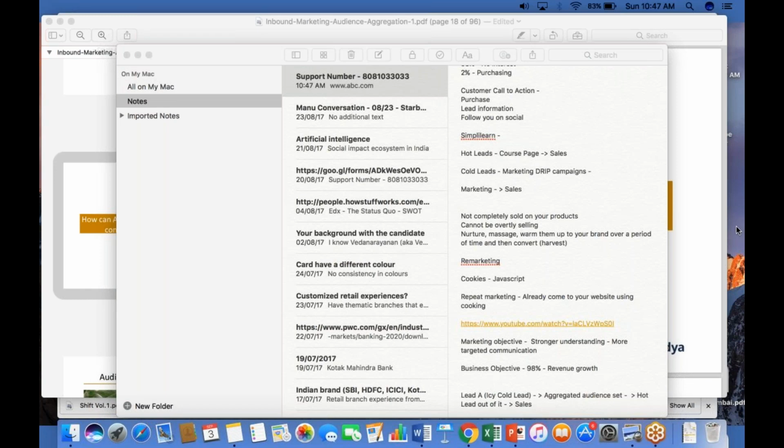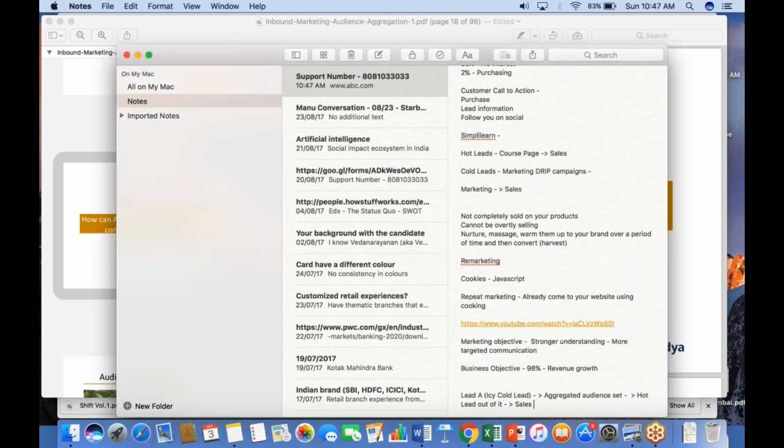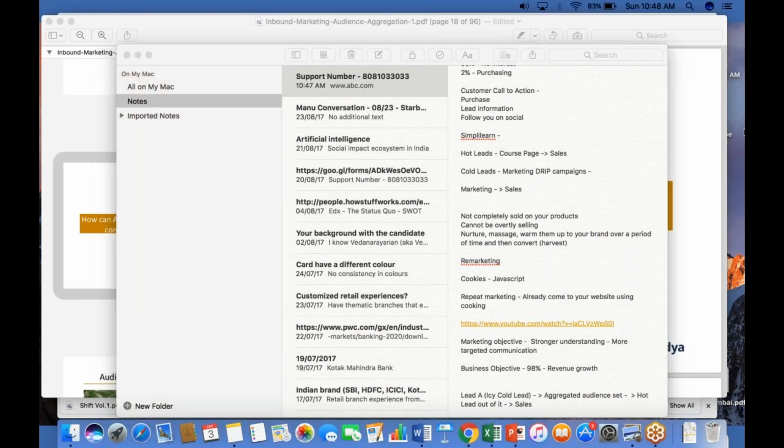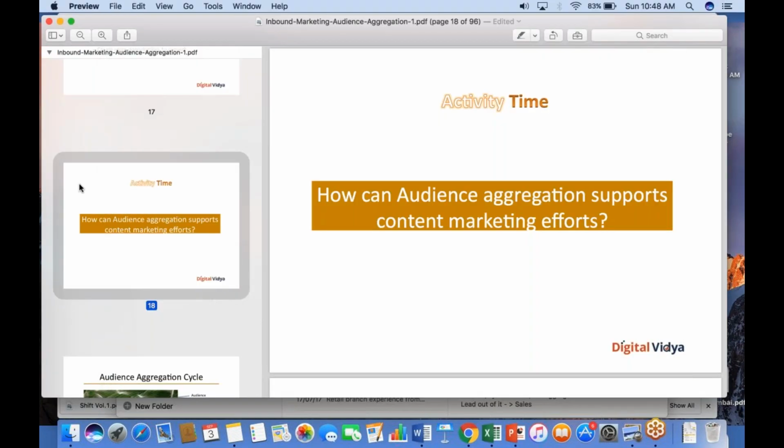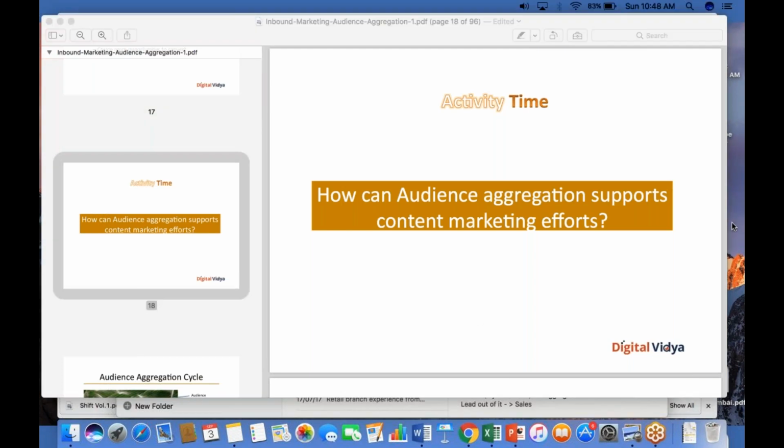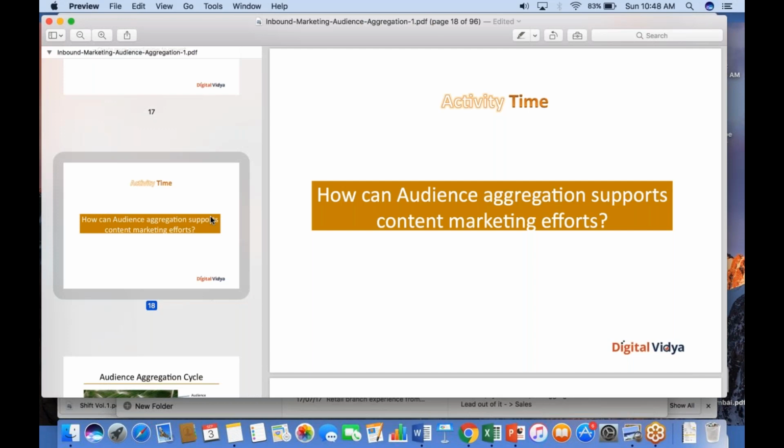So some of you might get confused because you might actually think that audience aggregation starts only after I have the lead. In some cases, even in this presentation, what you would see is that audience aggregation actually results in creating leads for you. What that means is that you get a more qualified lead, a lead with a stronger intent for purchase through your audience aggregation efforts. But you need to have some kind of a lead base to begin your audience aggregation. Just traffic alone is not enough. Does that make sense? Okay. So moving on.